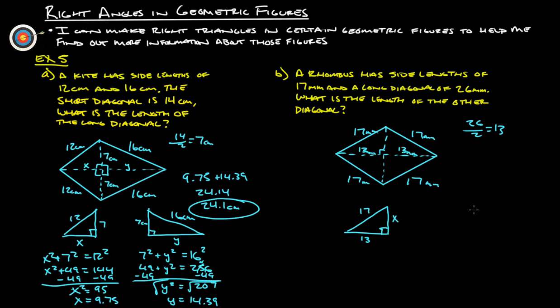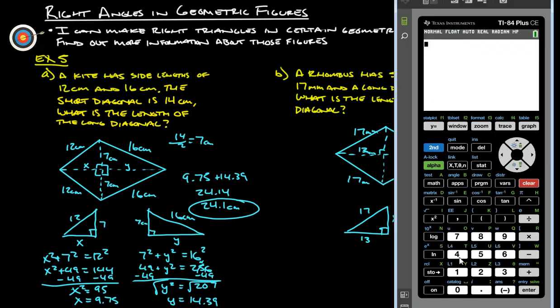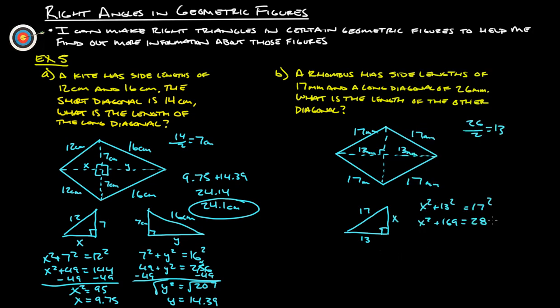So our hypotenuse is 17, so that's 17 squared. And then the other two sides are x squared and 13 squared, right? So x squared plus 169 equals 17 squared, which is 289. Subtract 169. And we get that x squared, just this part right here, is going to be